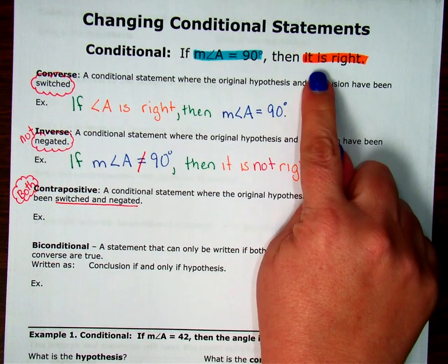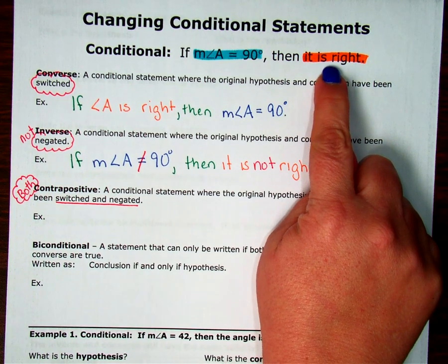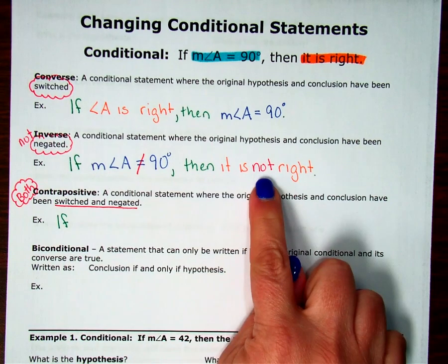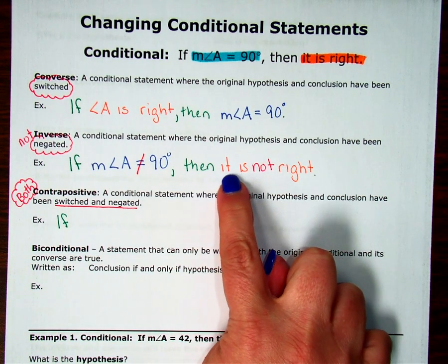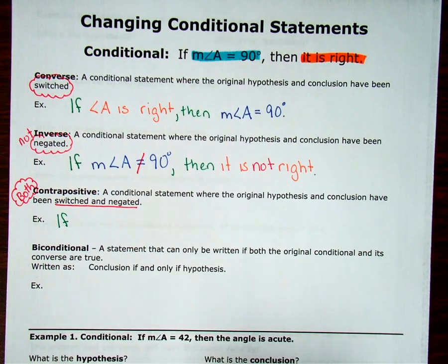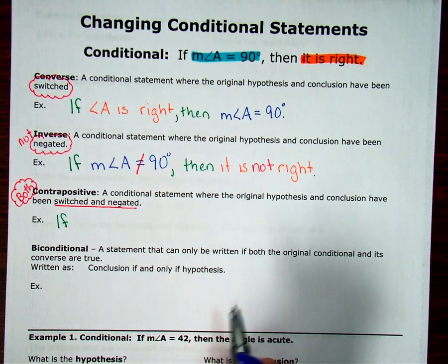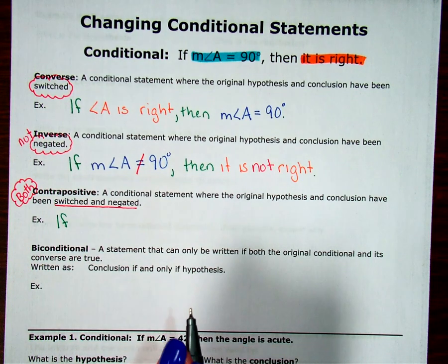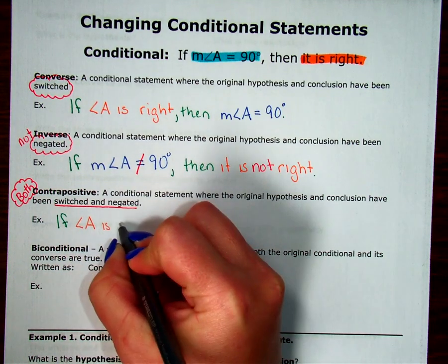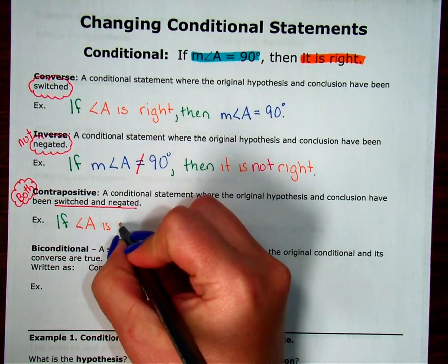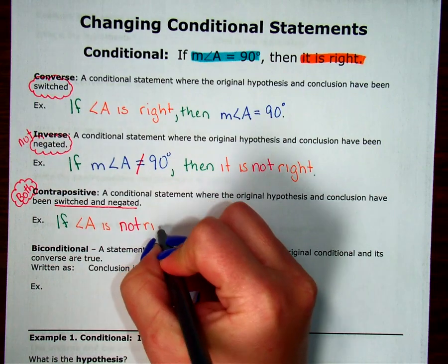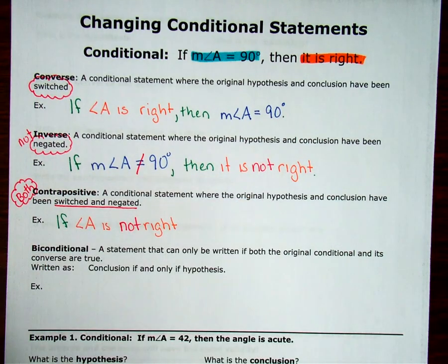Okay? So I'm going to start with the orange part because I'm going to switch. So I'm going to say if. Now when I put a not in it here, I said if it is not right. But remember, we can't start with it because we need to know what it is. And we're talking about angle A. So make sure that not goes where it makes sense. You wouldn't say if not angle A is right, right? We would say if angle A is not right, then